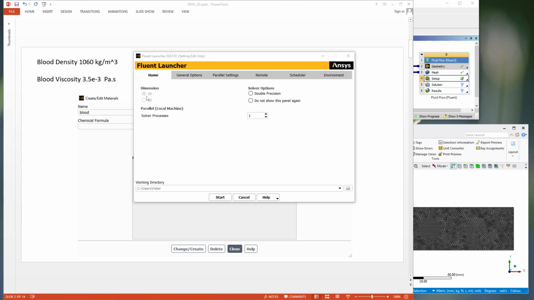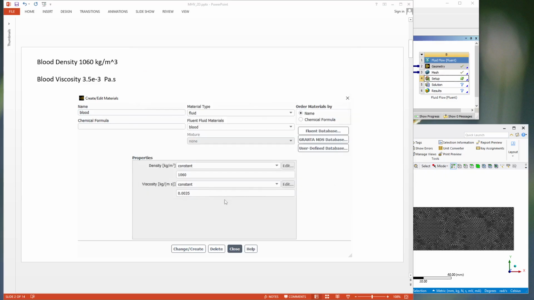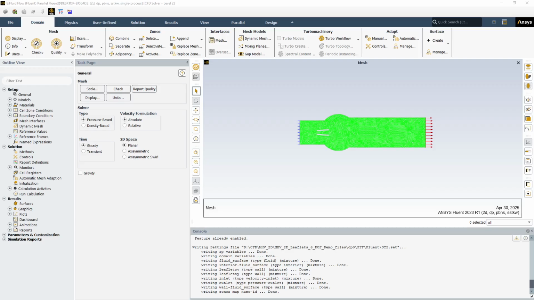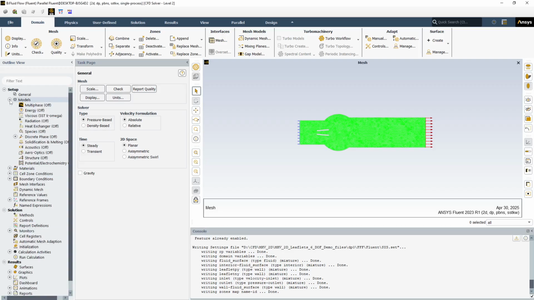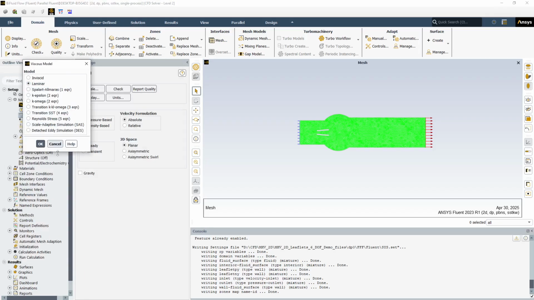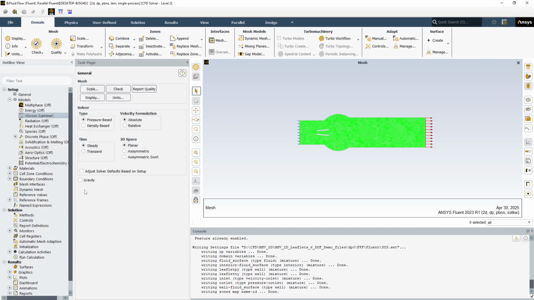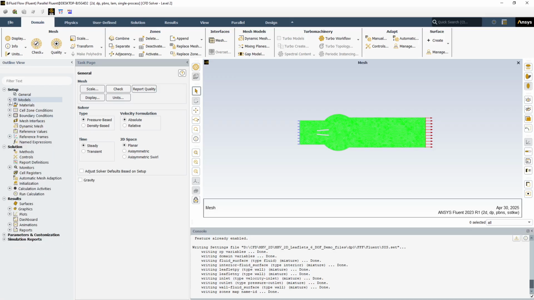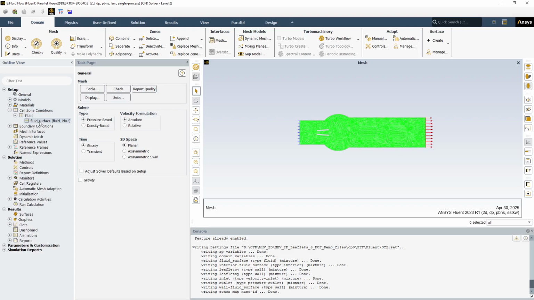Fluent notices the geometry was 2D, so we're going to do double precision and start. Fluent has provided us defaults, a turbulent flow model, but I'm going to run this laminar just for purposes of the demo today. And we automatically get air as a fluid, but I'm going to overwrite the air